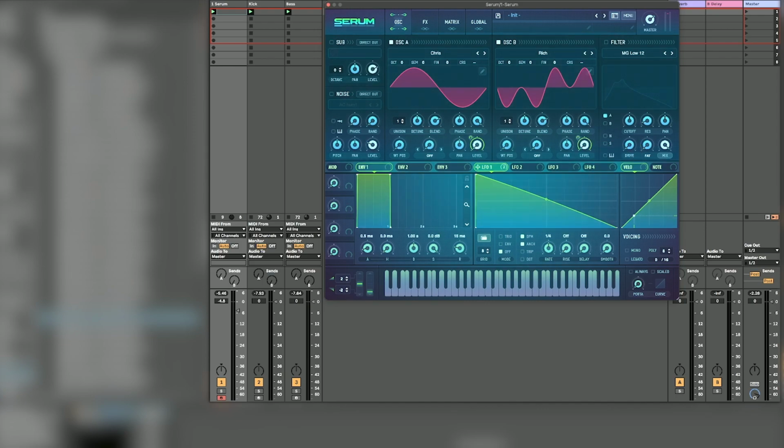I'll make sure it's on BPM and on trigger mode, so every time it triggers, it just plays from the initial, and I'll change that to a rate of 16 per beat. So if I play this sound, it sounds like that. Now if I have to modulate this,